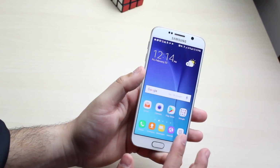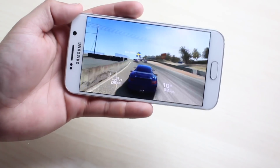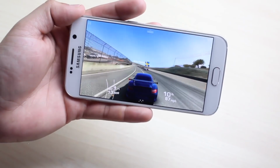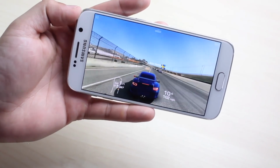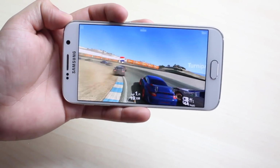Gaming is also very good. I mean, as expected, the casual games are great. Temple Run, Pew Pew, all those games run fine. Heavier games run fairly fast as well. The only problem I could find, besides a few glitched frames here and there, is just how hot this phone gets. The heat coming out of this phone sometimes, like I could crack an egg on this and it would be,